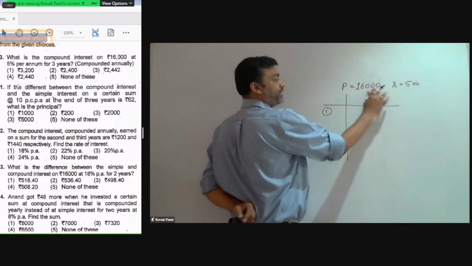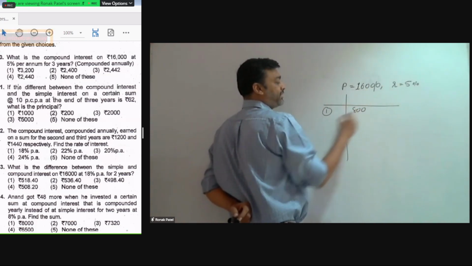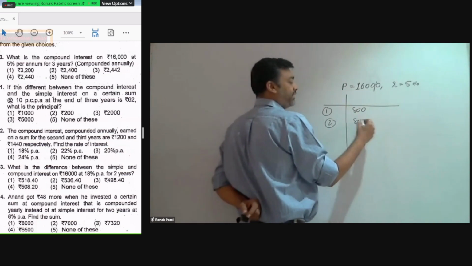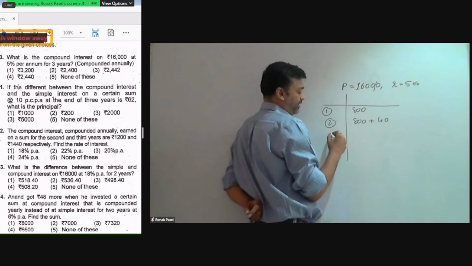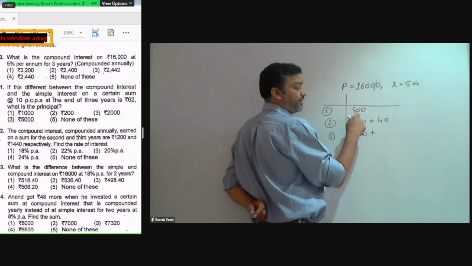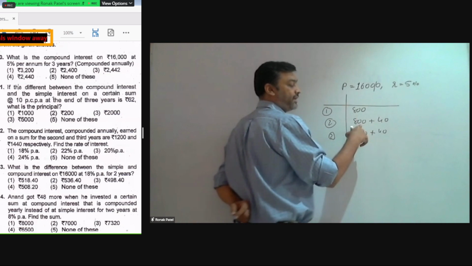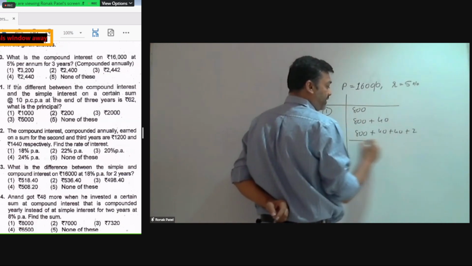First year, 5% of this: 10% is 1,600, so 5% is 800. Second year, 800 plus 5% of 800, which is 40. Third year, 800, 5% is 40, this 800, 5% is 40, and this 40 is 5% too. So the answer is